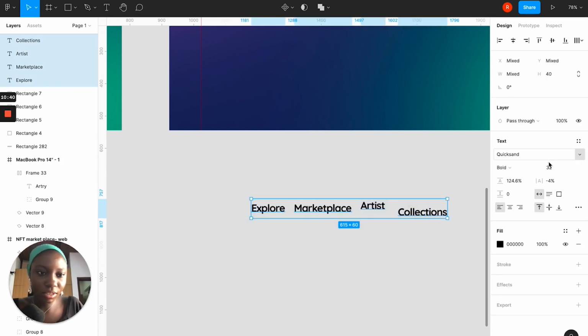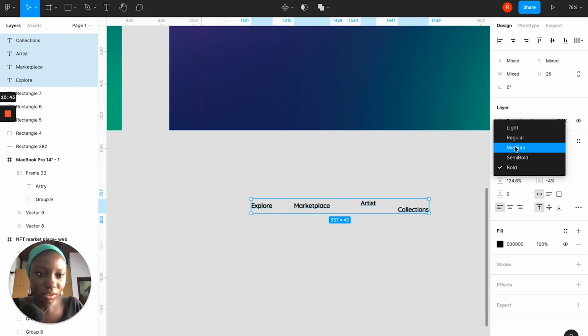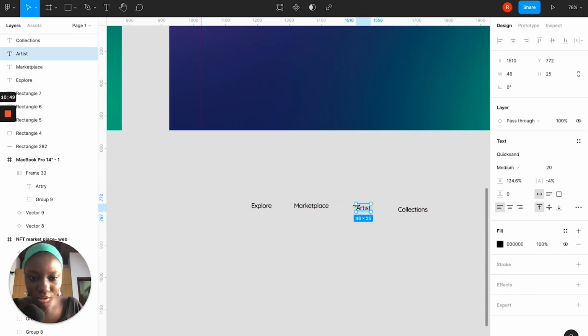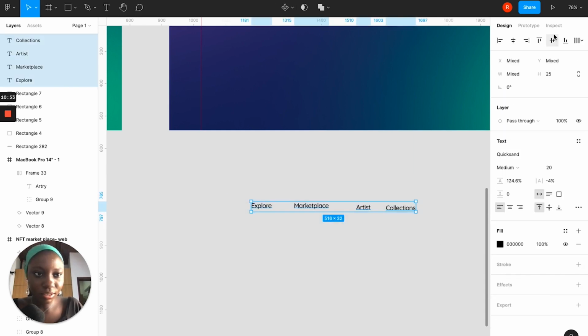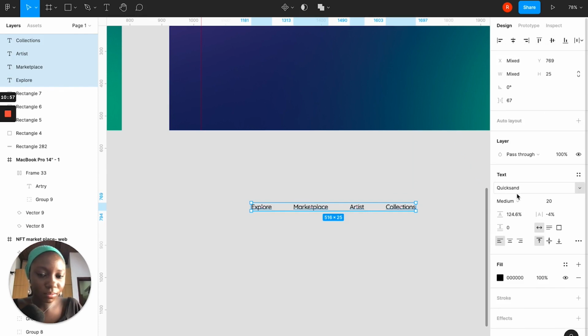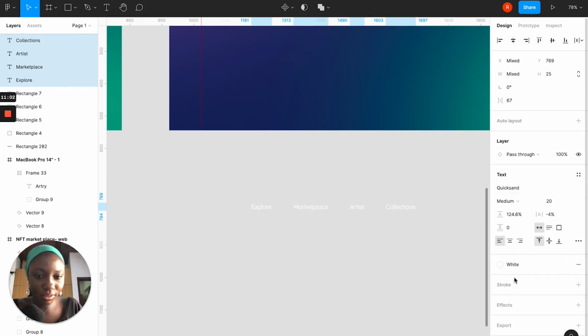So our text will be 20 points. Set it to medium. Just align them together, make sure they have the same spacing, and then we change the color to white,